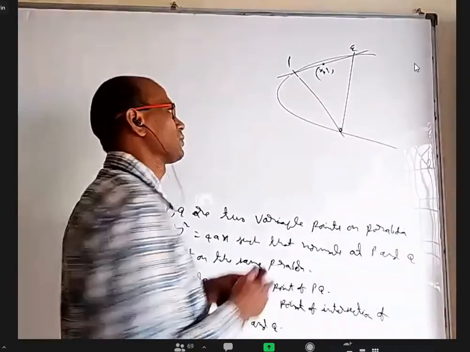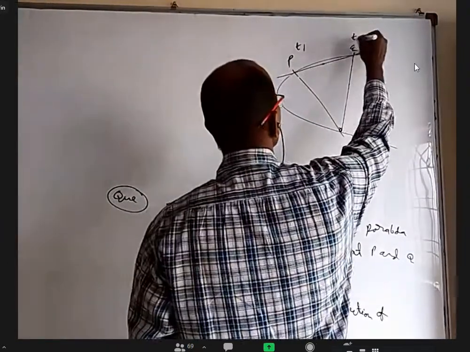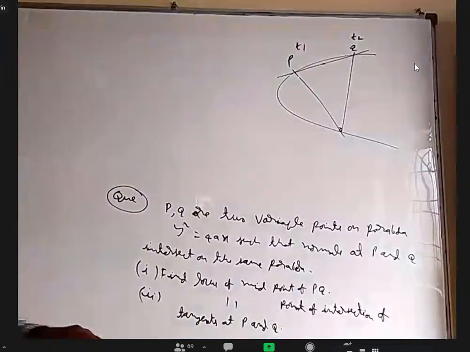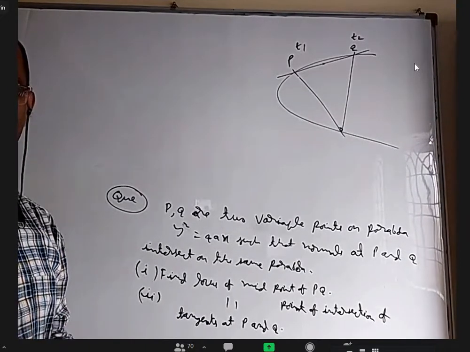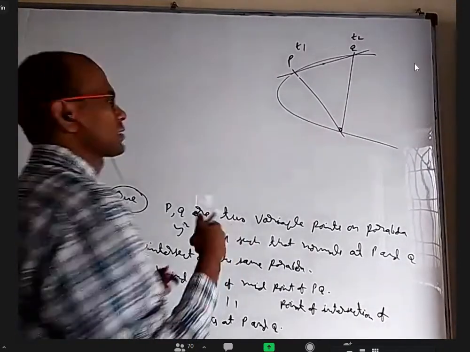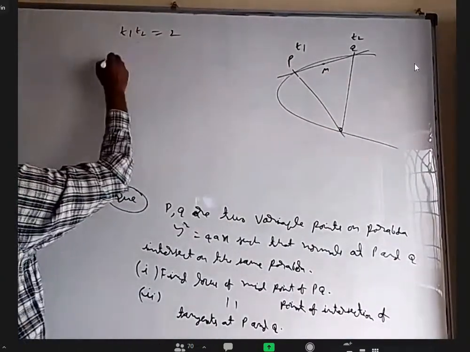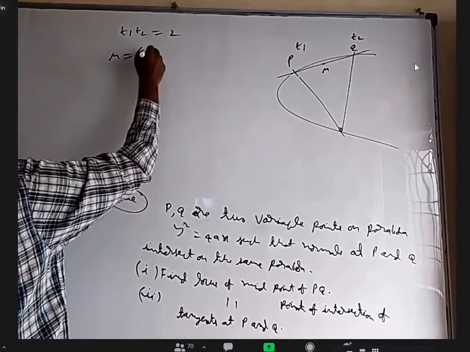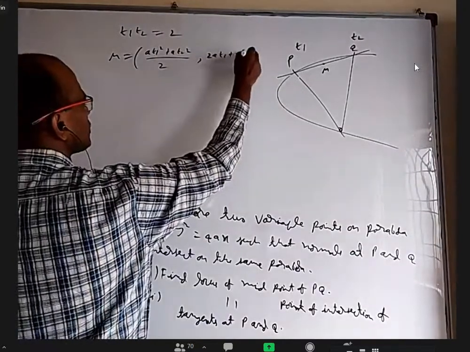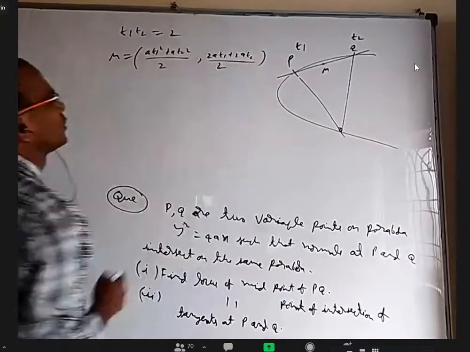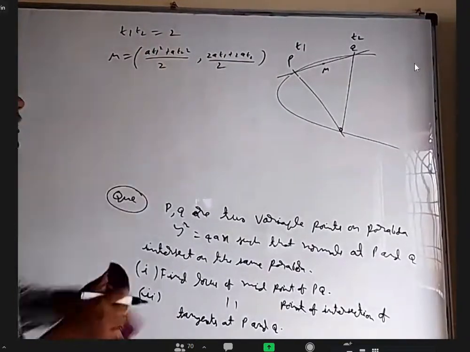But with parametric forms, it is very easy. You come in just 2 steps only. I'll take this as P1, this as P2. Is there any condition for normals at P1 and P2 to intersect on the same parabola? T1 T2 is equal to 2. Yes, that's it. Now it's very, very easy. T1 T2 equal to 2, and your M, whose locus you have to find, is a T1 square plus a T2 square by 2, 2a T1 plus 2a T2 by 2. So using T1 T2 equal to 2, you call this as x and y and find a relation between them.